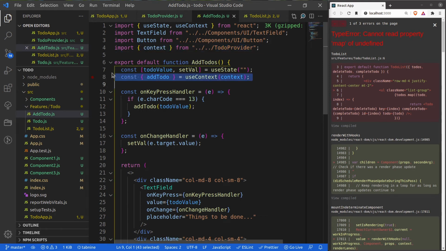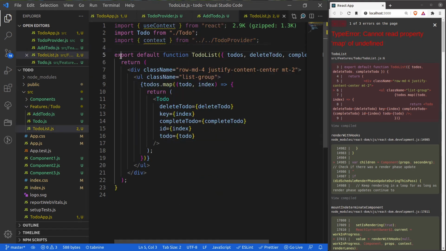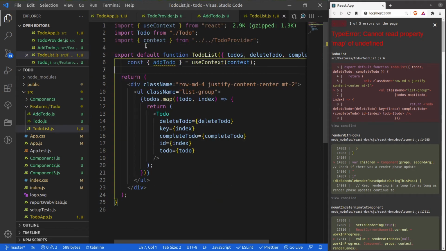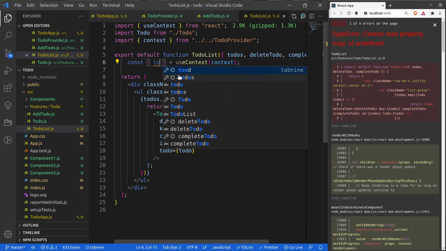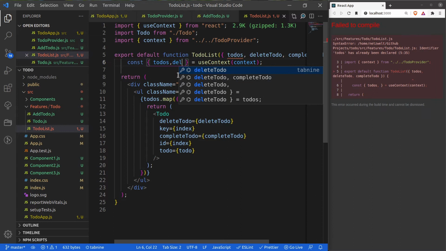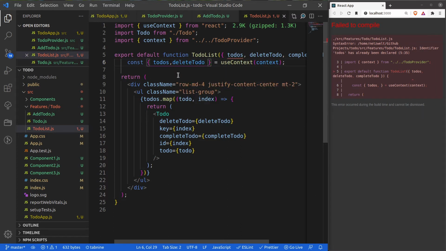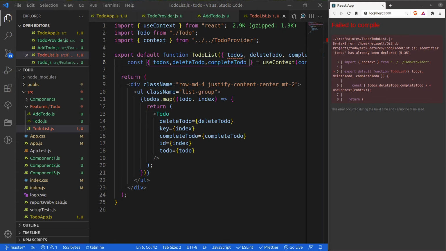Instead of addToDo, I will require toDos, I will require deleteToDo, I will require completeToDo. All right, guys. So just give me a minute.